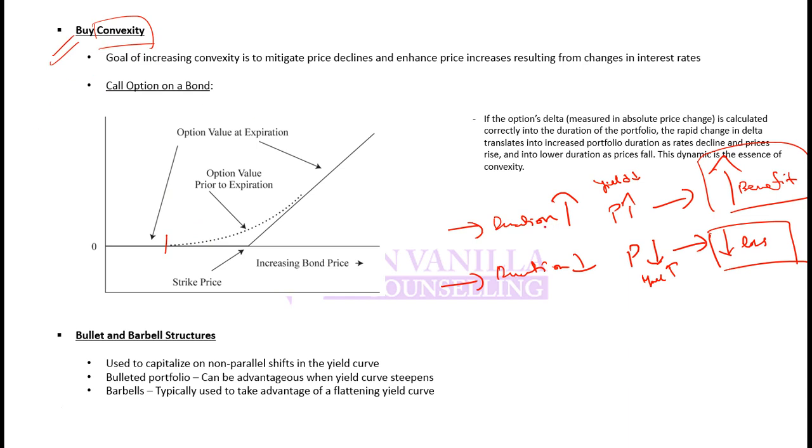But this would only happen if your yield curve changes. If the yield curve does not change, you wouldn't be able to benefit from this scenario. So if the yield curve is stable, convexity is not useful, but rather you will end up having lower yield. So convexity is bad, then you should sell convexity. But if the yield curve is expected to move, then you should buy convexity. Why? Because convexity will give you higher benefit in times of increasing prices and lower loss in times of decreasing prices.